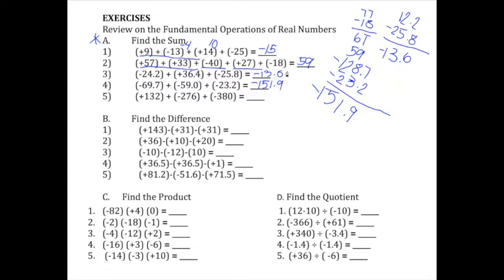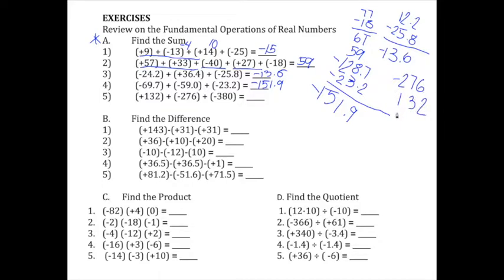Okay, and this is a 6, by the way. Okay, so let's have it for number 5, the last for addition. 132 minus 276, we have 276 is a bigger number, negative 276. So we're going to subtract since they have different signs. So 132, and then we're going to copy the sign of the big number, which is 276. That is negative